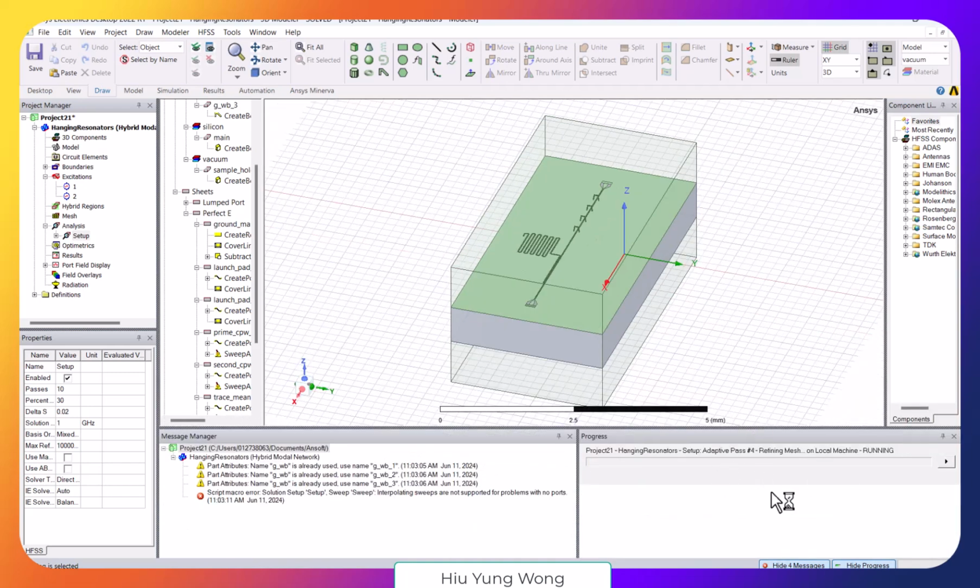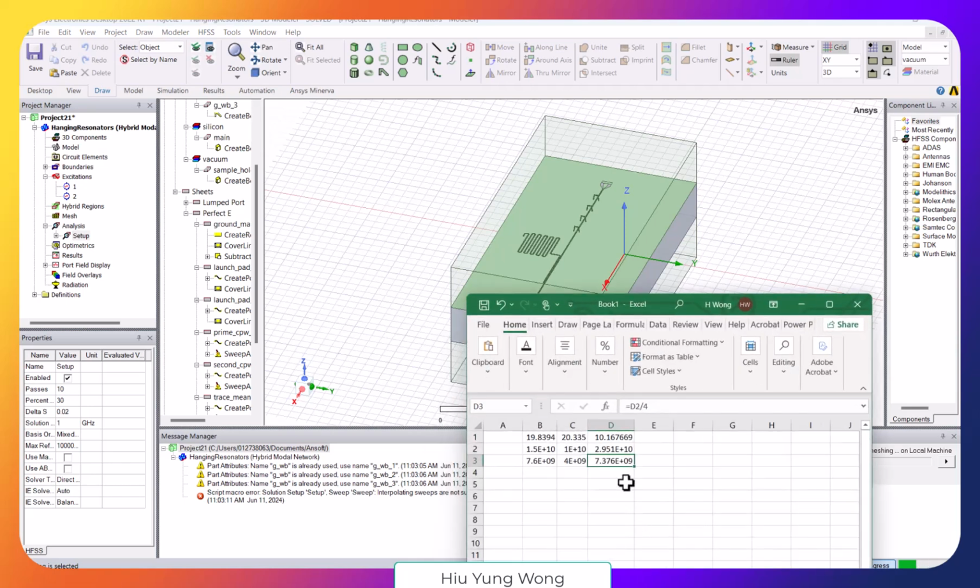Right, as you can see, it's just running. So while it is running, let's look at the design, right? So here I have some number here. We are targeting